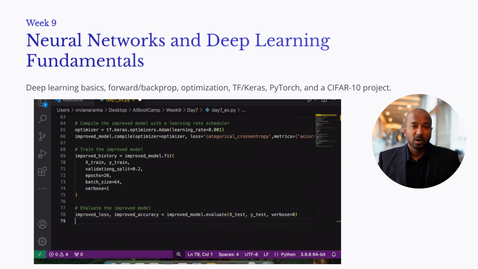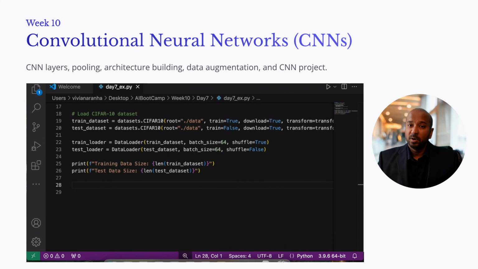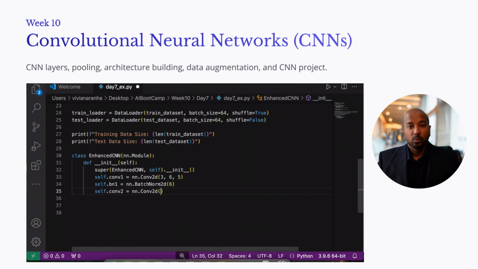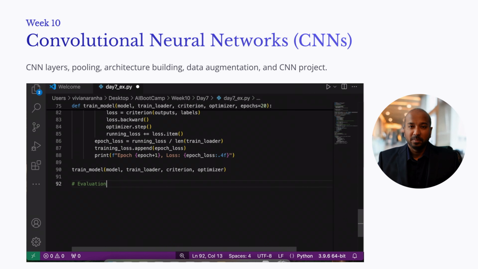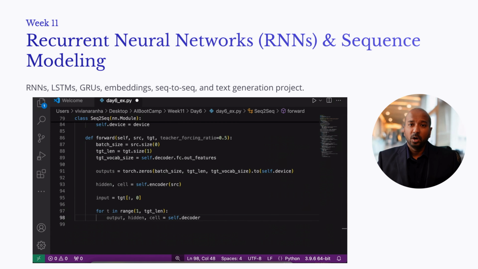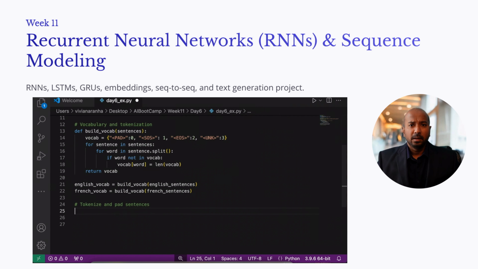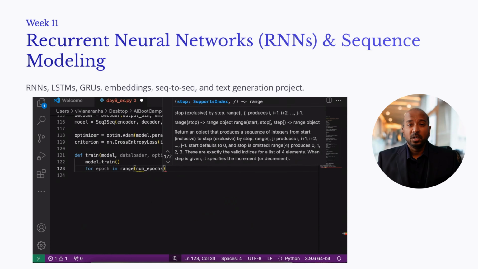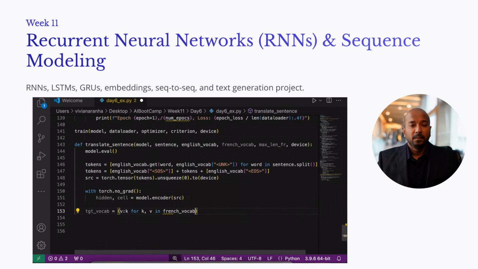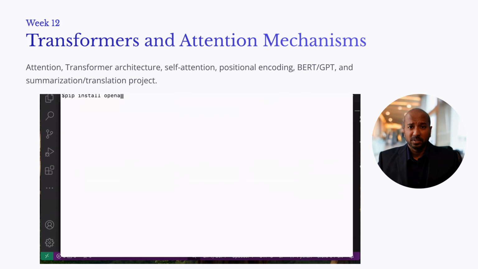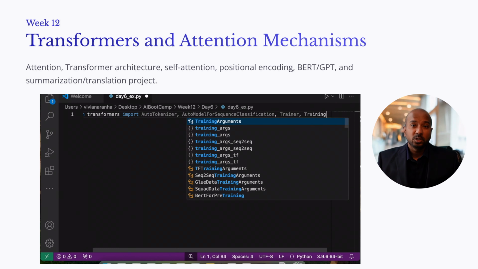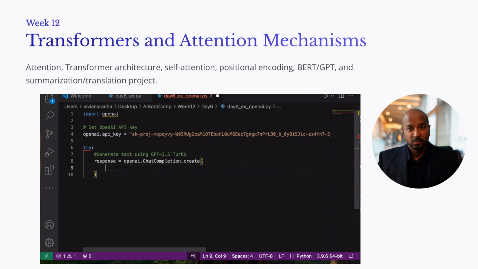and a CIFAR10 project. Week 10, we will cover convolutional neural networks, CNNs, CNN layers, pooling, architecture building, data augmentation, and CNN project. Week 11, we will cover recurrent neural networks and sequence modeling, RNNs, LSTMs, GRUs, embeddings, seq-to-seq, and text generation project. Week 12, we will cover transformers and attention mechanisms, attention, transformer architecture, self-attention, positional encoding, BERT/GPT, and